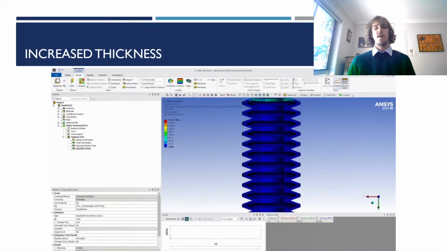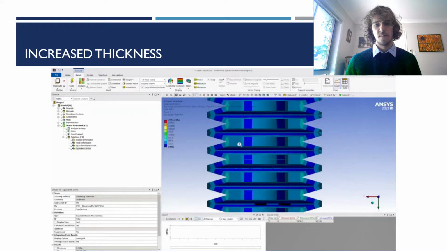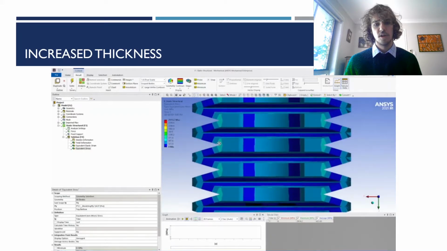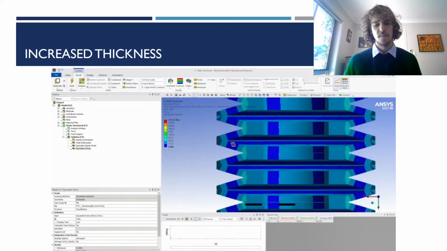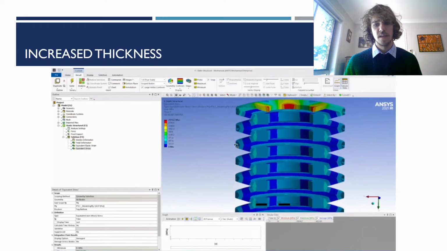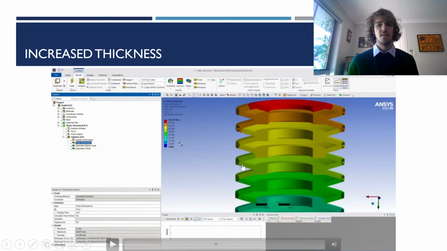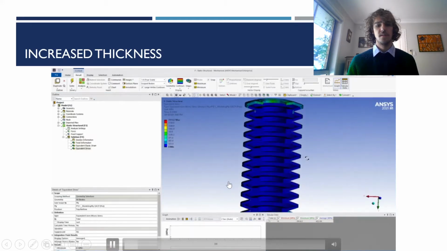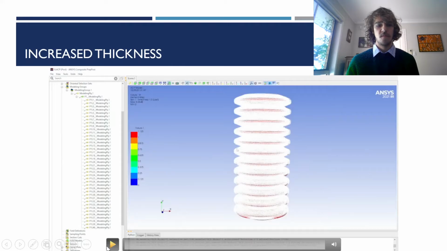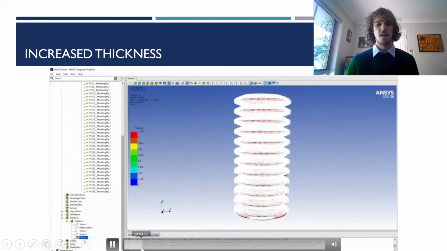So there's far more laminates now. There's so many that it makes the ply thickness about 10 millimeters. And it deforms much less. So unfortunately, at this point it still does fail. However,